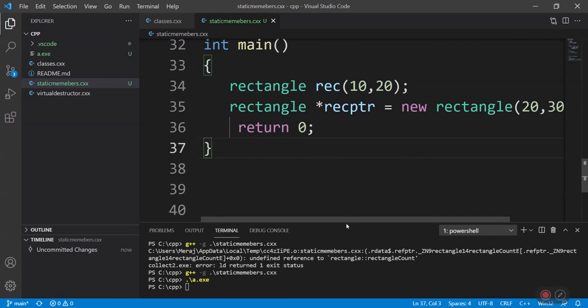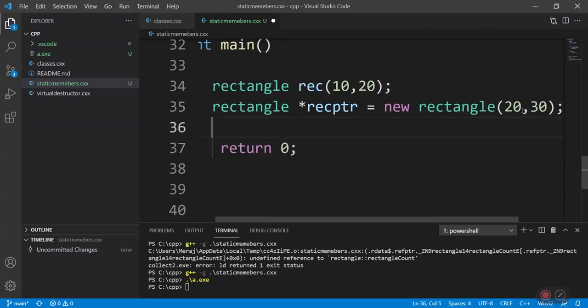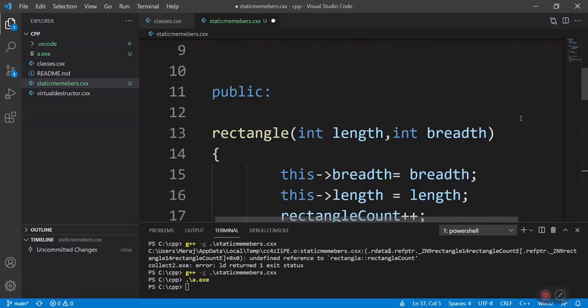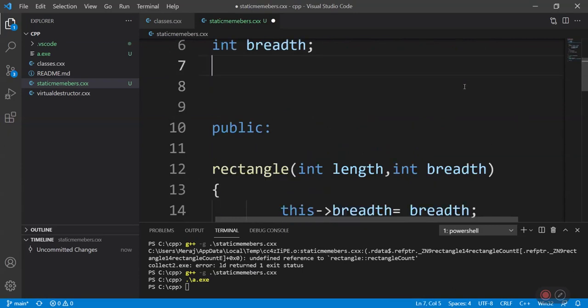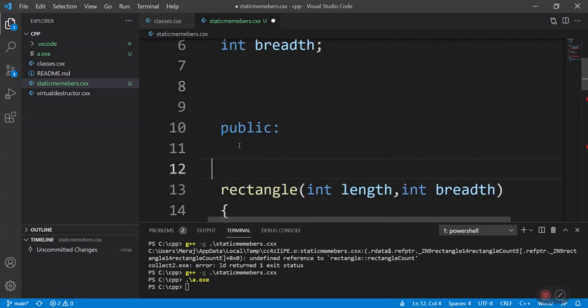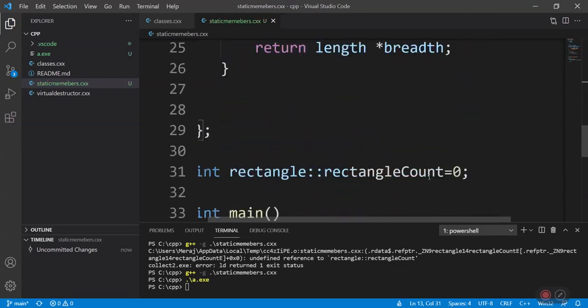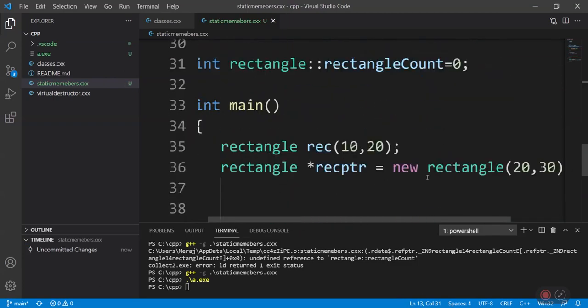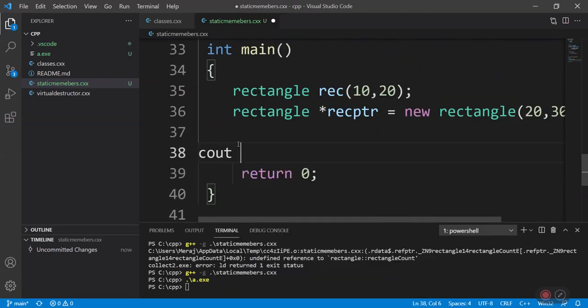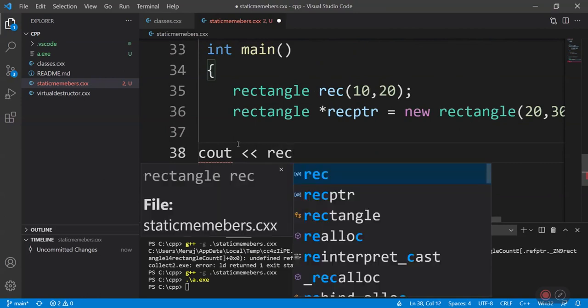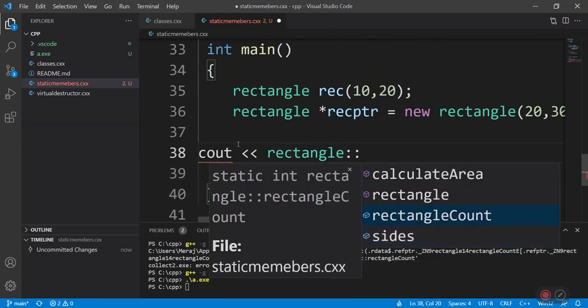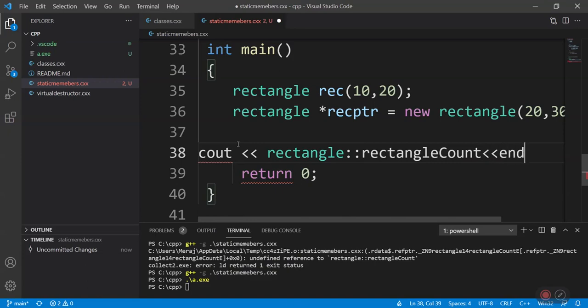Now let's try and print these variables. For the sake of convenience, I'll make them public because I want to directly use them. Yeah, this is the way we access the static members.